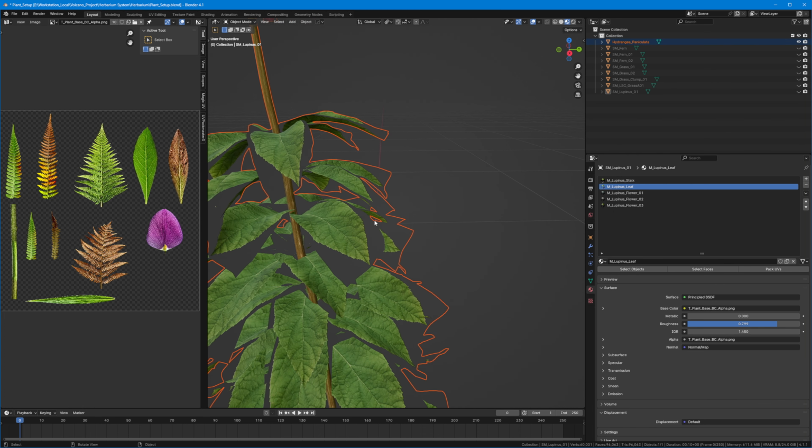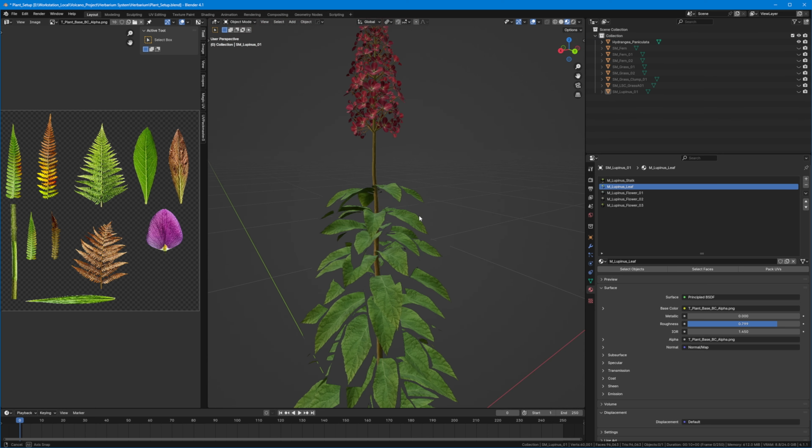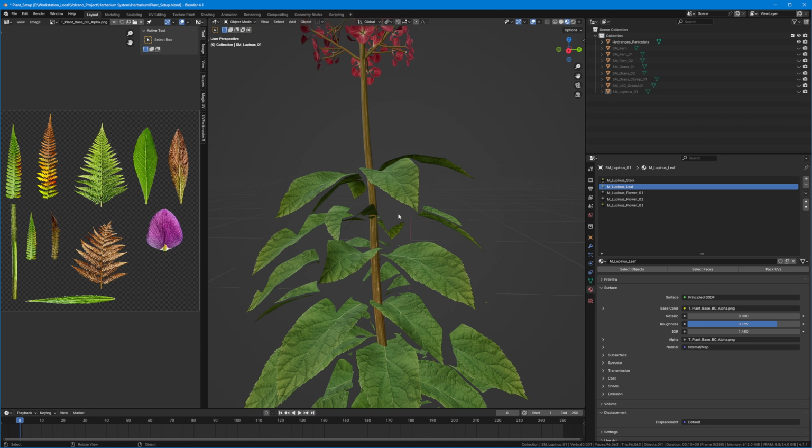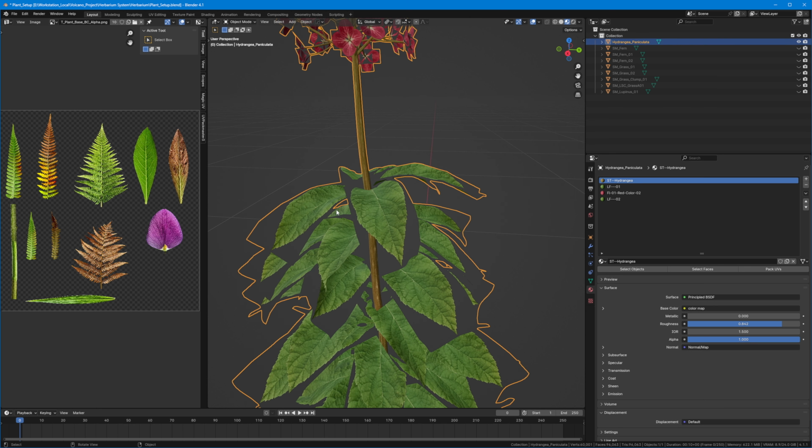So now we have the plant, and it did come in with the textures already sort of added to it as well, which is quite nice. One thing that we will notice straight away is that the blending here is quite bad. So what we're going to do is select the plant, and we're going to go to our